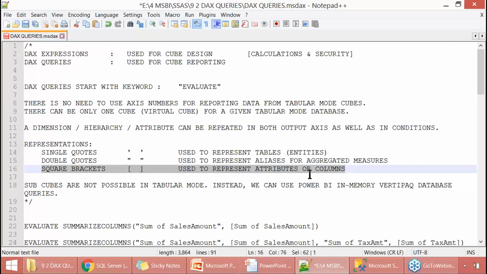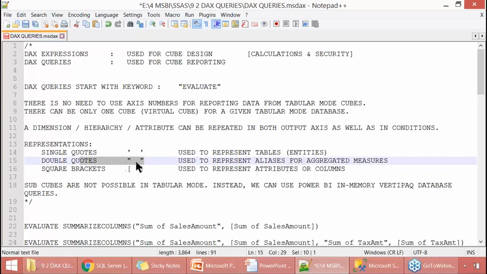So single quotes represent tables, double quotes represent aliases, square brackets represent attributes or columns. Remember,